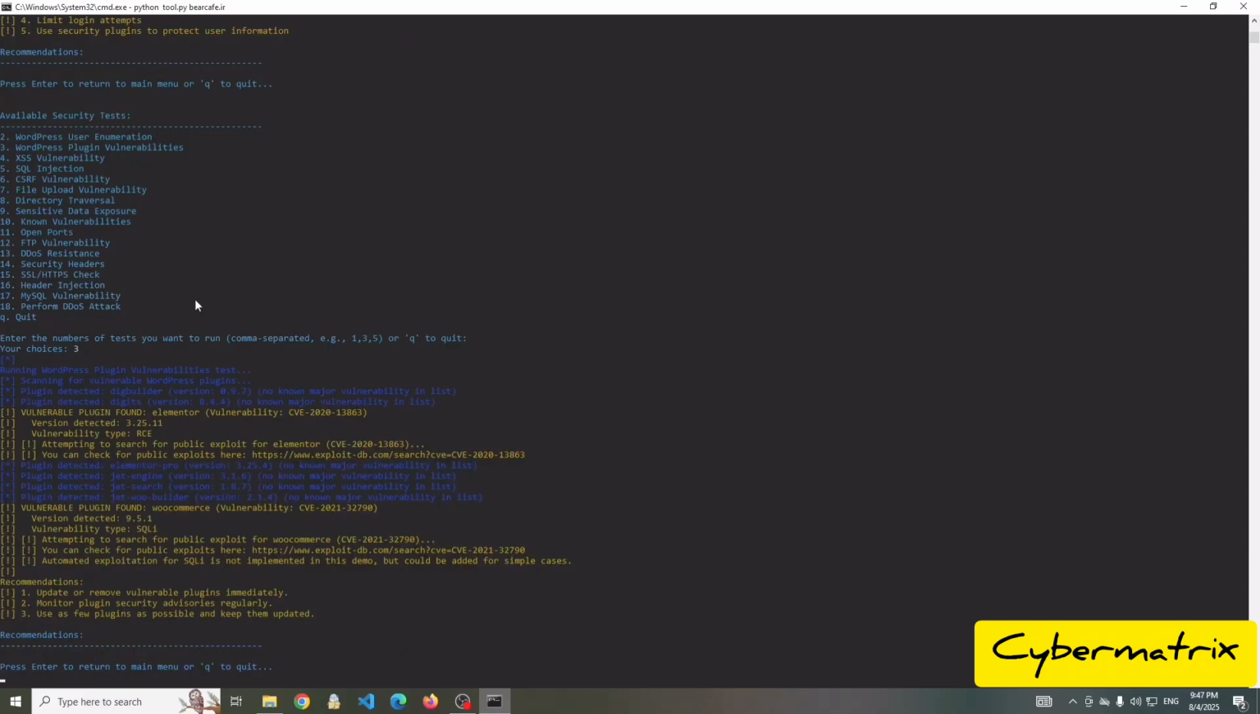Okay, as you see, the vulnerable plugins have been found. For example, one of them is Elementor. The version is 3.25.11, and its CVE is 2020-13836. And it also tells you that for downloading the exploit, you can search this on Google, and it will